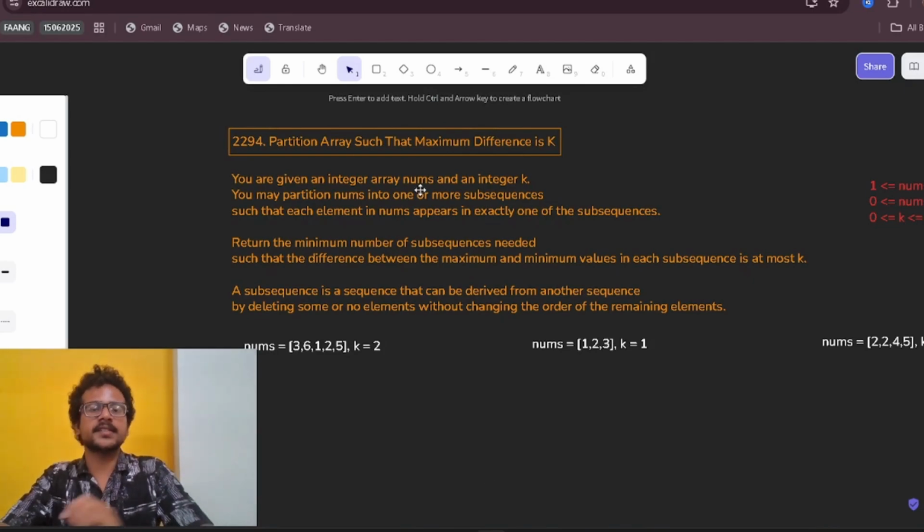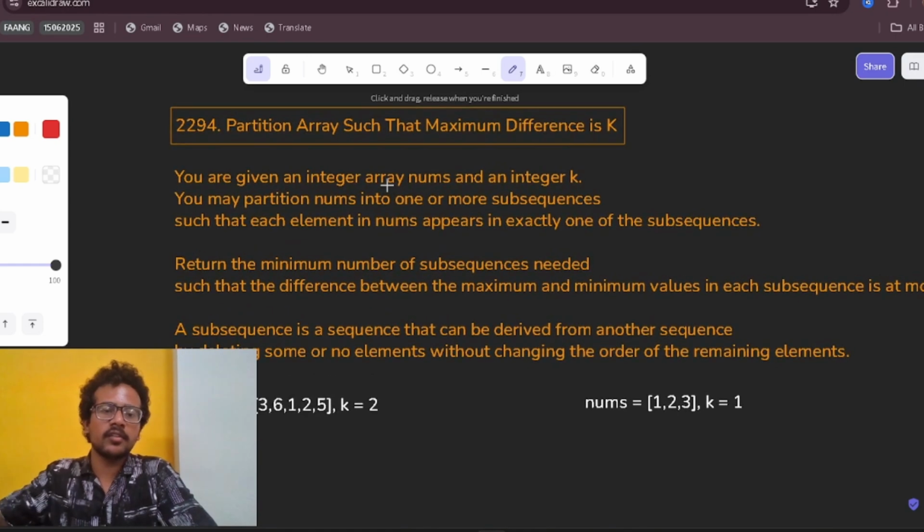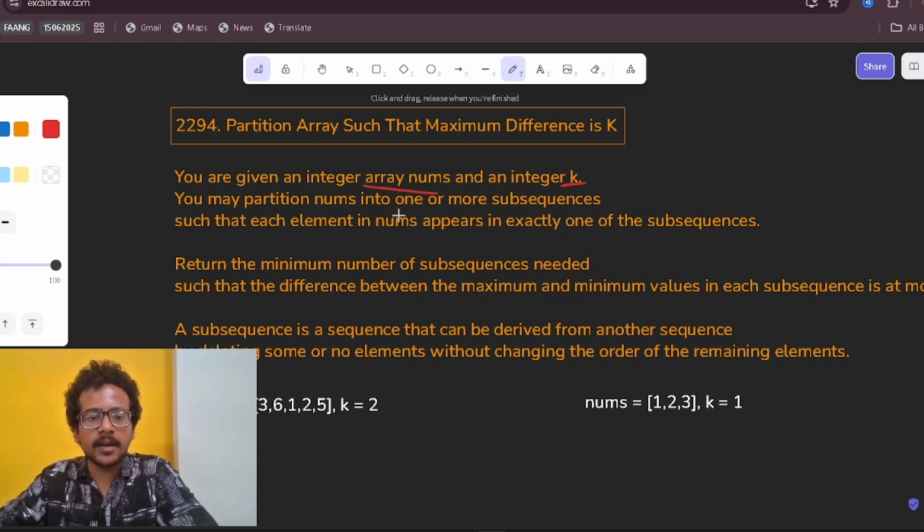Partition array such that maximum difference is k. So we are given an integer array nums and an integer k. You may partition nums into one or more subsequences, right? It is not said that we only need to partition this into two subsequences. We can partition this into one or more subsequences, such that each element in nums appears in exactly